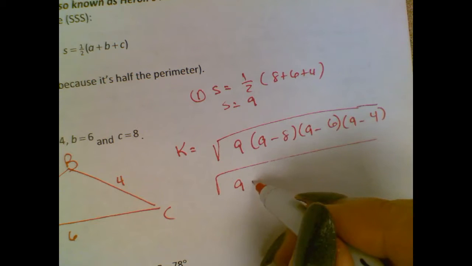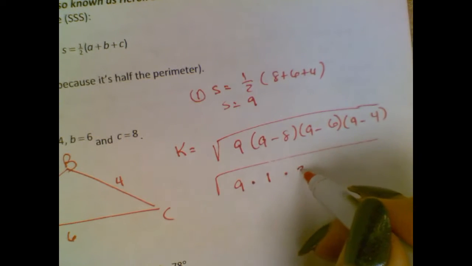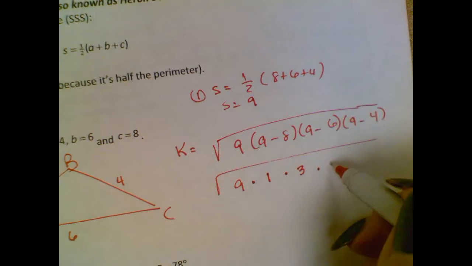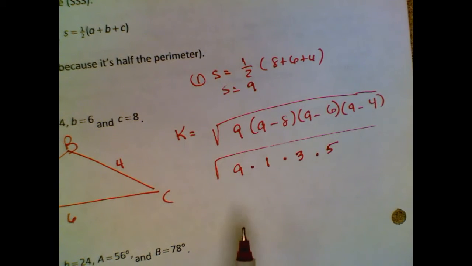What's 9 minus 8? What's 9 minus 6? 3. And what's 9 minus 4? This is what I would punch in. I would punch in square root of 9 times 1 times 3 times 5. I wouldn't do all the parentheses. That's too many parentheses. 11.6? It is 11.6